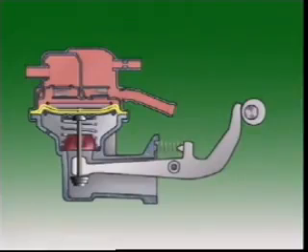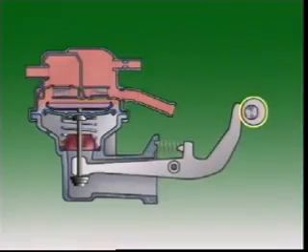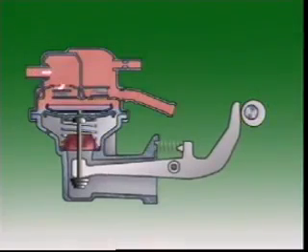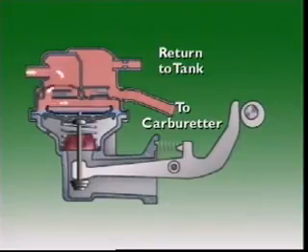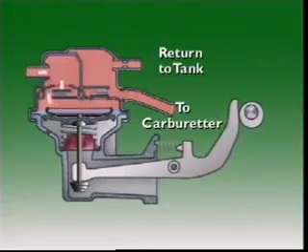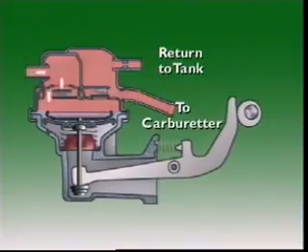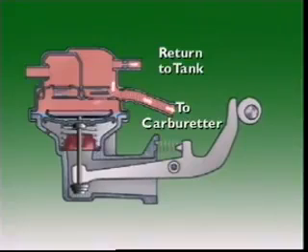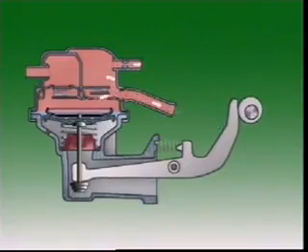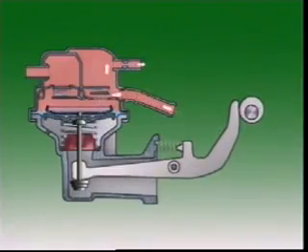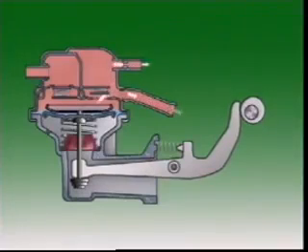That's a flexible piece of neoprene rubber separating 2 chambers. This diaphragm is operated by an eccentric on the camshaft. It rotates, making the rocker arm move. This movement is transferred to the diaphragm, pulling it down. That draws fuel into the pumping chamber above the diaphragm. The diaphragm spring moves the diaphragm up, and this forces fuel from the pumping chamber out of the pump and